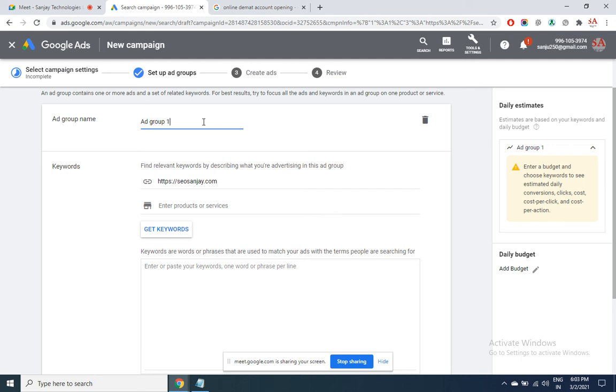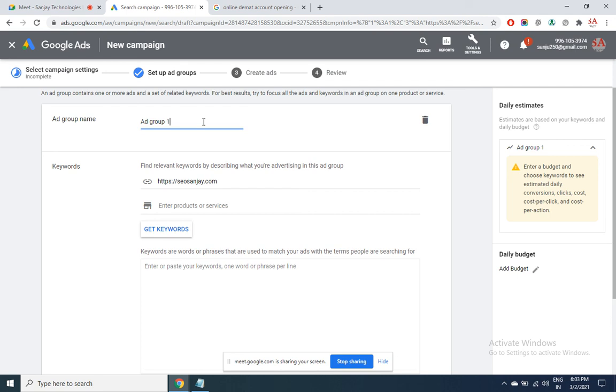Like in my case, one ad group I could create for digital marketing, another for SEO, one for only SEM, one for only SMO, one for algo trading, one for stock market. I've also highlighted this point: the more ad groups you use with their own narrow targeted keywords, the higher the quality score is going to be. So create as many ad groups as possible by clustering your keywords.